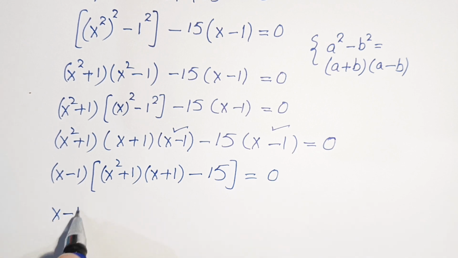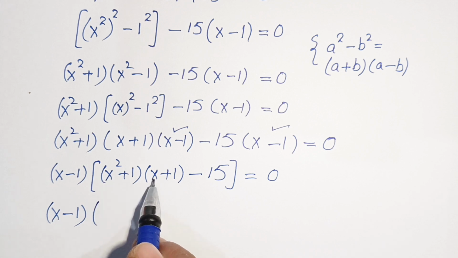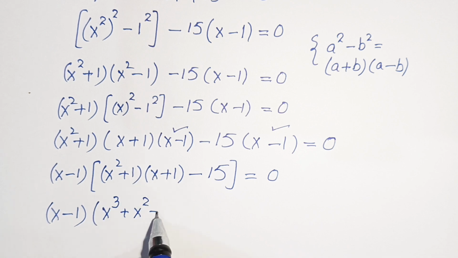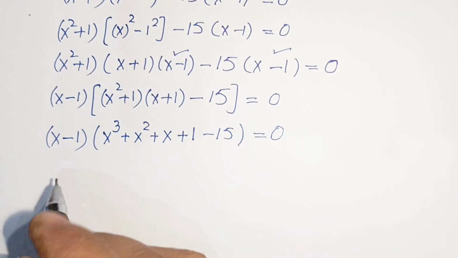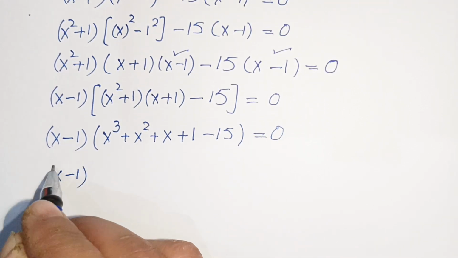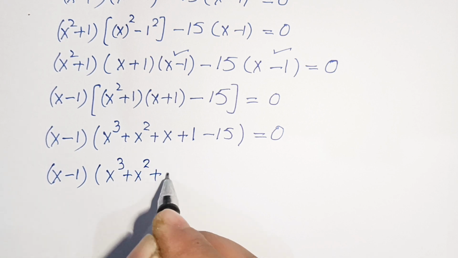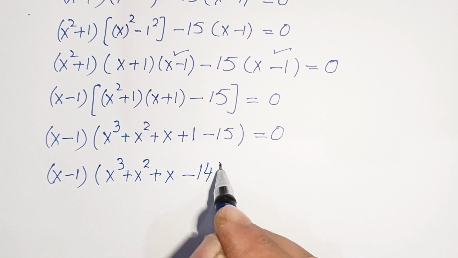So our next step will be x minus 1 times, if we multiply this x squared with this x, then we get x cubed. x squared times 1 is x squared, x times 1 is x, and 1 times 1 is 1. So here we have minus 15 is equal to 0. Now x minus 1 times x cubed plus x squared plus x, and here we have minus 14 is equal